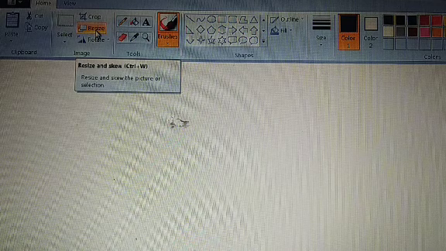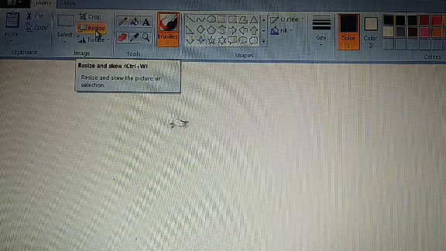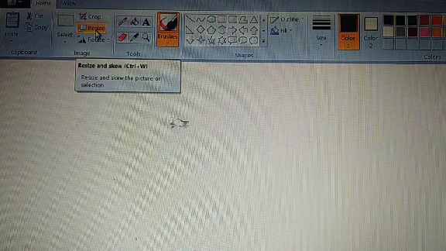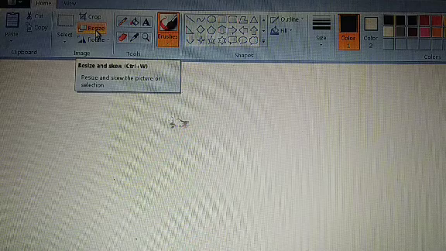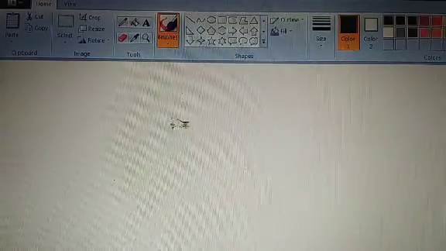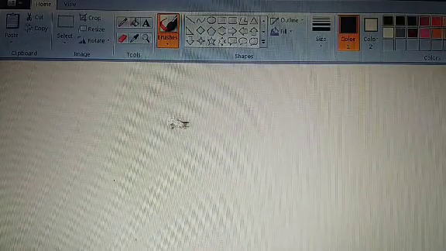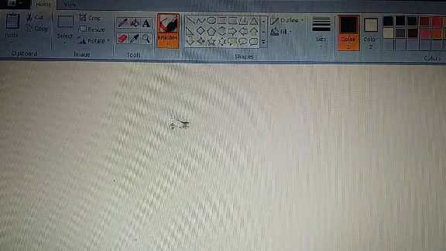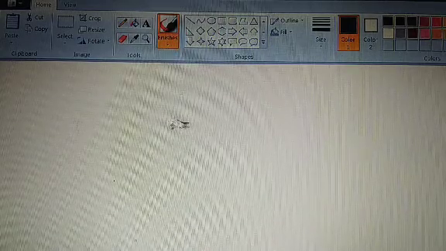If you have saved your drawing, its name will be visible on the title bar. Clear? And this white area is the drawing area. Here we do drawing. Clear?